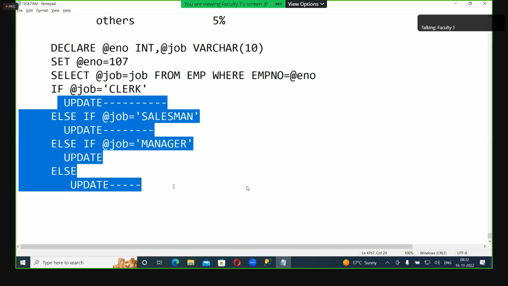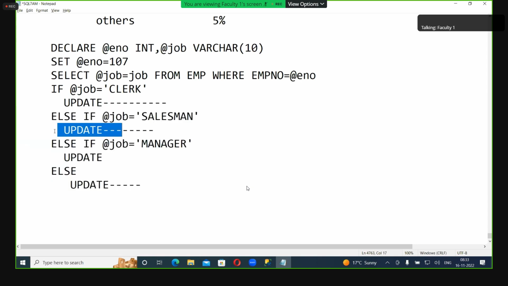Everything else is the same: table, column, row. Only the percentage is different. This update should increment by 10%, this one 15, 20, 5%. So instead of writing this update command 4 times,